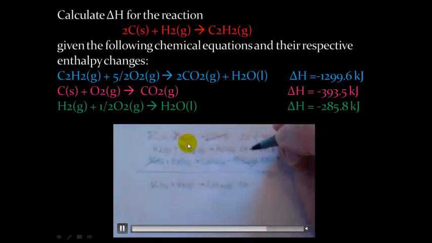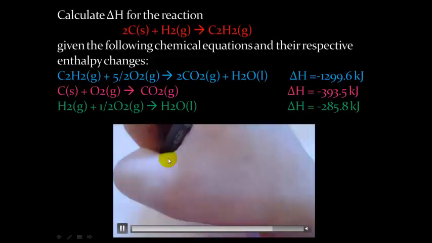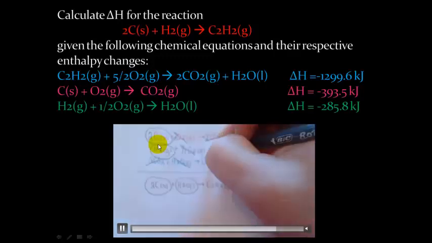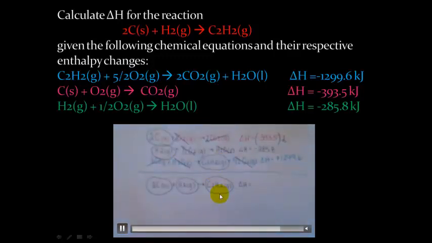We also have 2.5 oxygens on the left and 2.5 oxygens on the right. And finally, we have 1 water on the left and 1 water on the right. So the only things that we have not canceled are the 2 carbons, the hydrogen, and the C2H2, which is